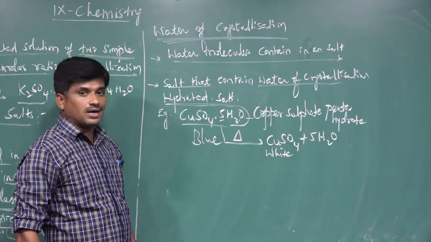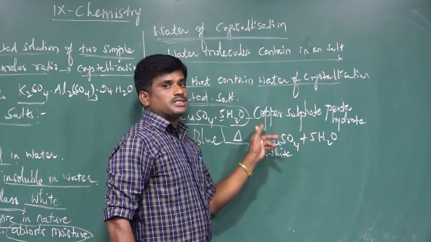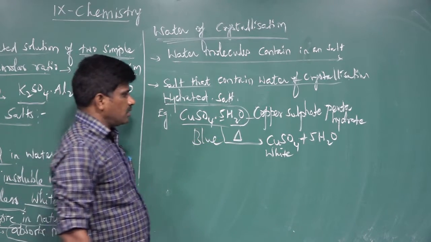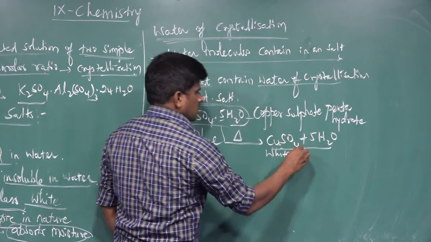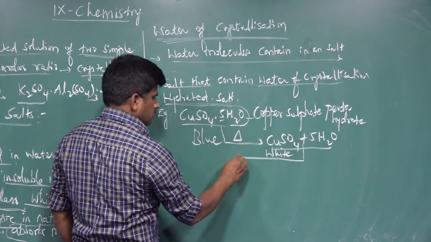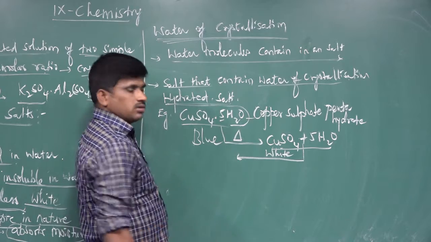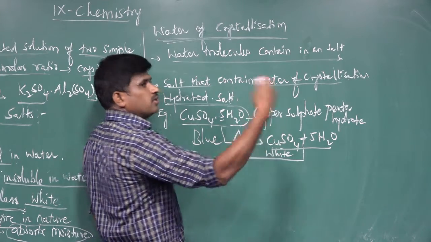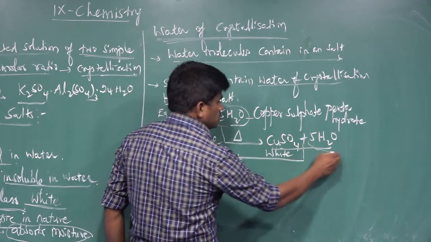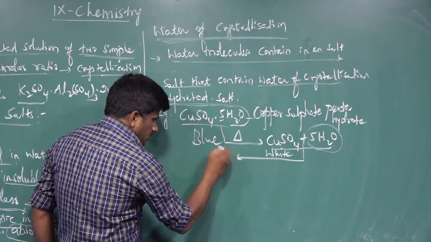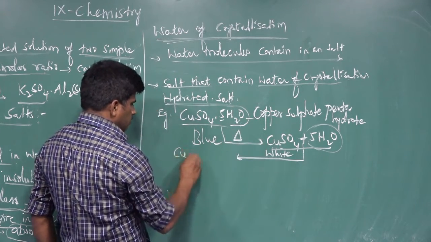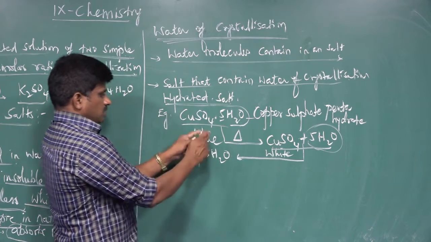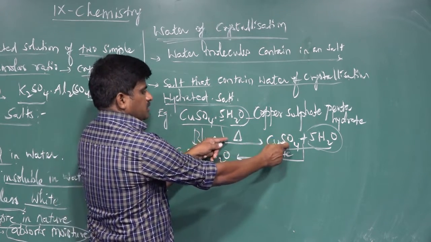The reason for the color is the number of water molecules present in addition with the salt. That's why the color is formed. Again, this is reversible. When the copper sulfate cools and we keep it alone for 5 to 10 minutes, it absorbs water molecules from the surroundings. By absorption of these 5 moles of water molecules, the white color becomes blue again. It is again converted into CuSO4.5H2O.